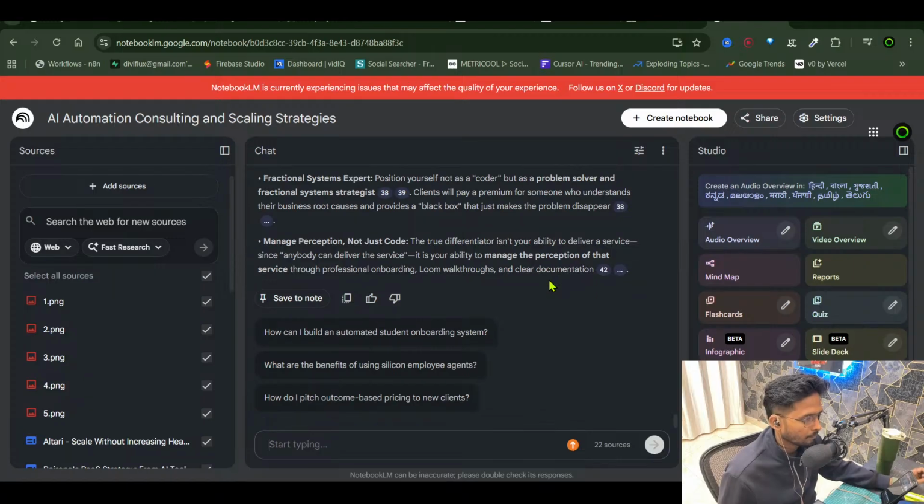How can I build an automated student onboarding system? What are the benefits of using silicon employee agents? How do I pitch outcome based pricing to a new client? Okay, so I can do that. Let's do some more research. Okay, guys. How can I build an automated student onboarding? No, I don't want to build something like that. I want to build